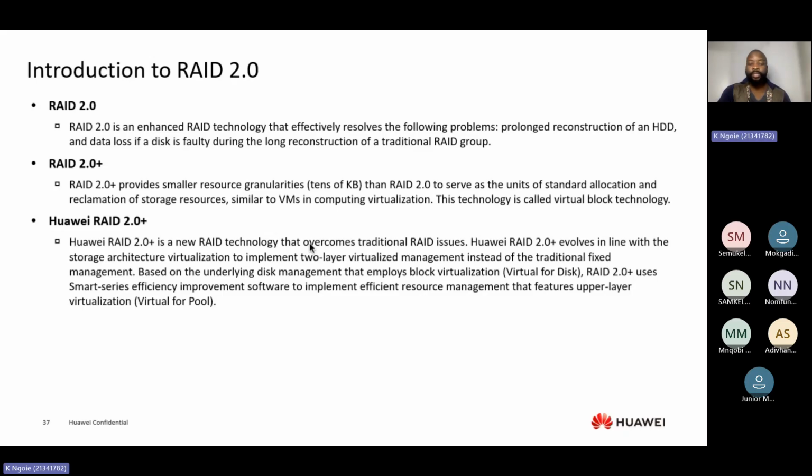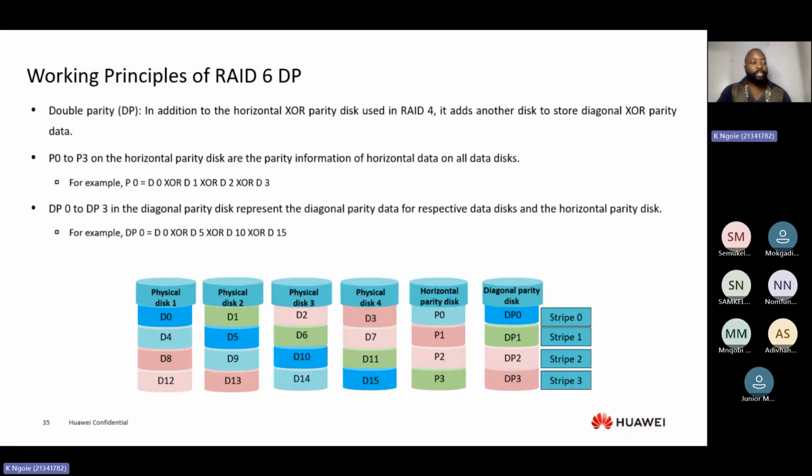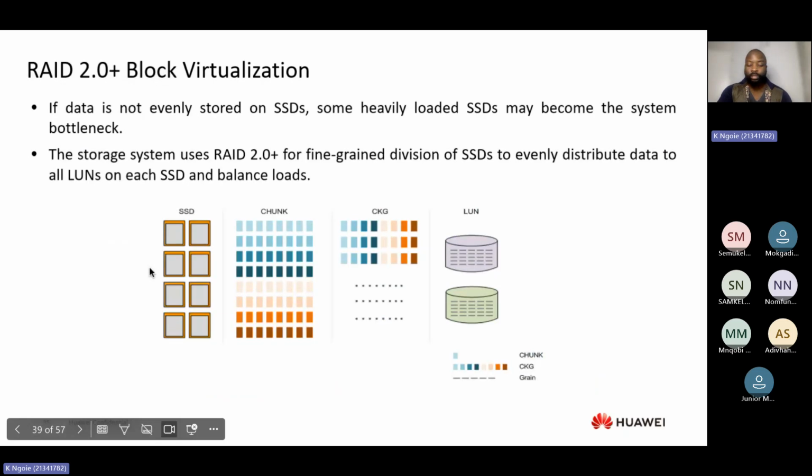Guys? Can anyone tell us what's the difference between a strip and a stripe? All right, so as a strip, when we're talking about a strip,